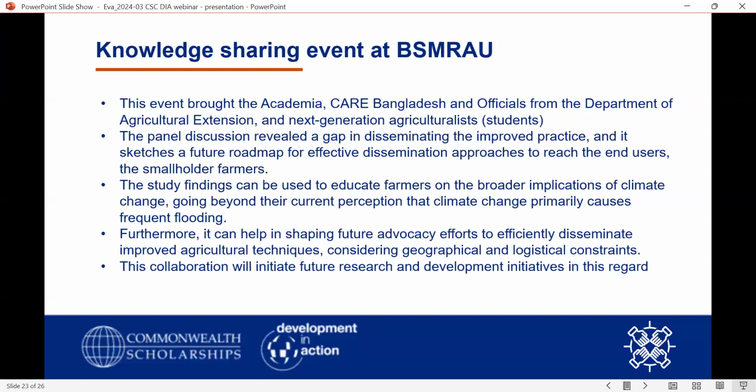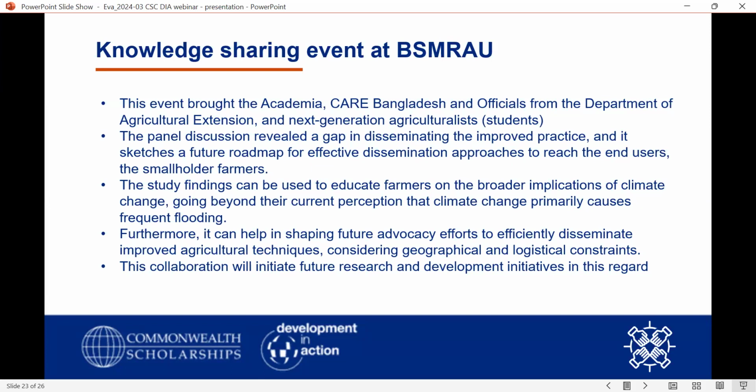These study findings can be used to educate farmers on the broader implications of climate change, going beyond their current perception that climate change primarily causes frequent flooding. This is needed for their readiness, because they don't know about the drought and other consequences of climate change. If they know all the consequences of climate change, only then will they adapt climate resilient agricultural